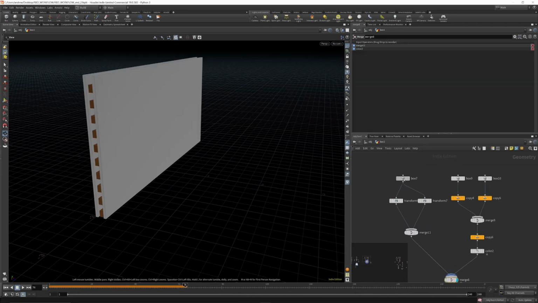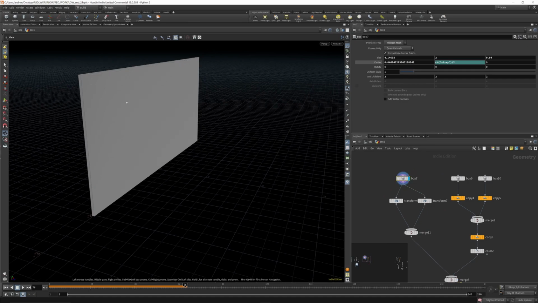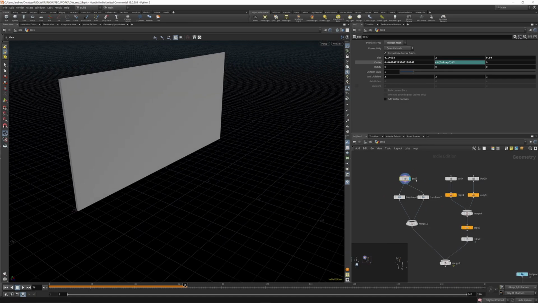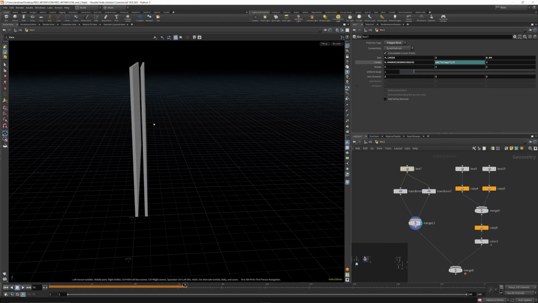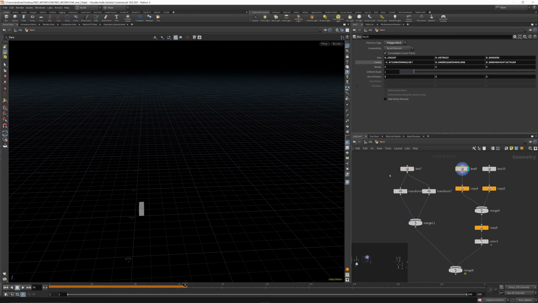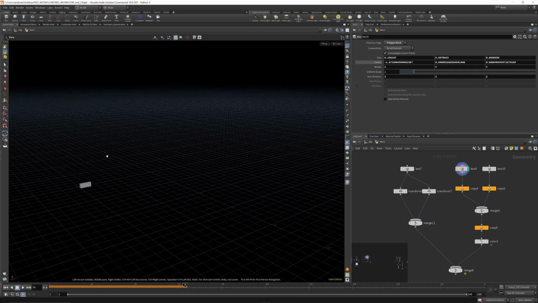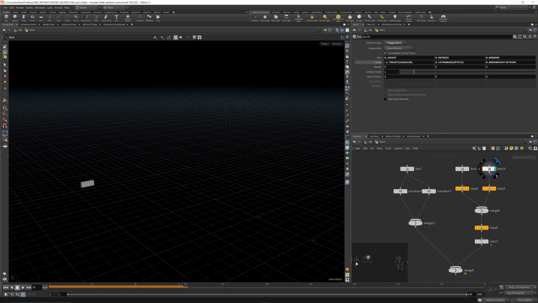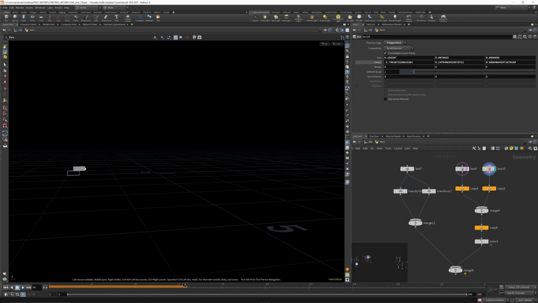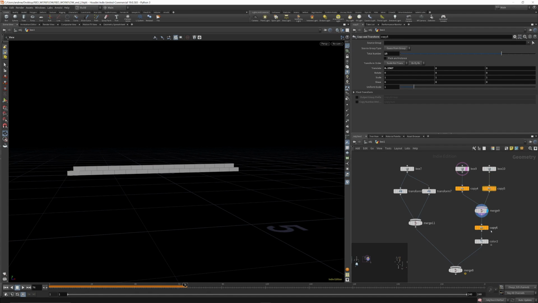Okay, so I'm back, and I've just got a box here, and these are the size, and I've just transformed it a bit forward and a bit back, something like that. And then I've taken a box and I've made a little brick. And then using a copy SOP, I've just copied this out like that, and done that with another brick, this time above this one, and then offset like that. So when we copy it, we get a whole bunch of bricks like this,